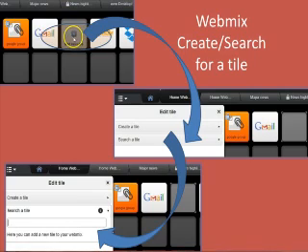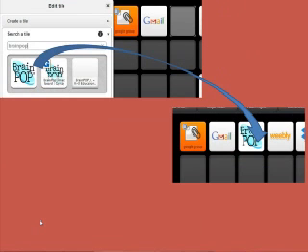Individual tiles are easy as well. You just click on the open space. When you do that, Symbaloo will bring up the opportunity to create a tile. You create it, or you can search for a tile. When you click on search for a tile, it brings up a dialog box where you begin to type in what it is you're looking for. In this case, I typed in brain pop. It gave me the options, and when I clicked on that brain pop image right there,